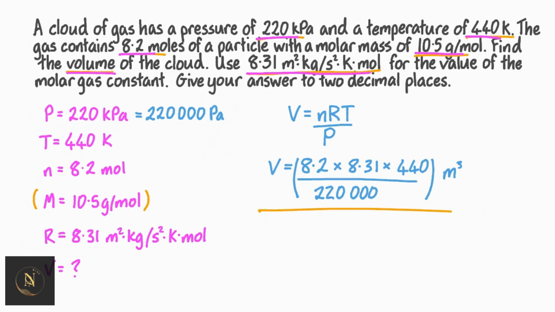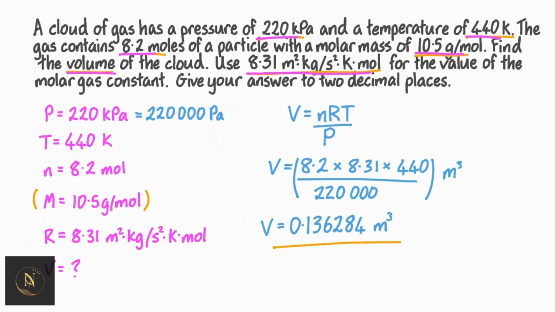In the numerator we have 8.2, which is the value for N in units of moles, multiplied by 8.31, which is the value for R in units of meters squared kilogram per second squared Kelvin mole, multiplied by 440, which is the value for the temperature T in units of Kelvin. Then in the denominator of the fraction we've got 220,000, which is the value for the pressure P in units of pascals. Notice that in this expression we haven't written out all of these individual units, but rather we've just written the units of meters cubed that we know the volume V will have. We can then evaluate this expression by typing it into a calculator. When we do this, we find that V is equal to